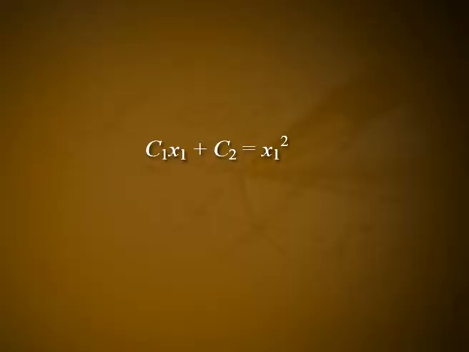Since the general solution of Euler's equation for the above functional is y = c1 x + c2, where c1 and c2 are constants, it follows that y' = c1. Further, both the endpoints lie on the extremal y = c1 x + c2. Hence, we must have c1 x1 + c2 = x1^2. Let it be equation number 12. c1 x2 + c2 = x2 - 5. Let it be equation number 13.